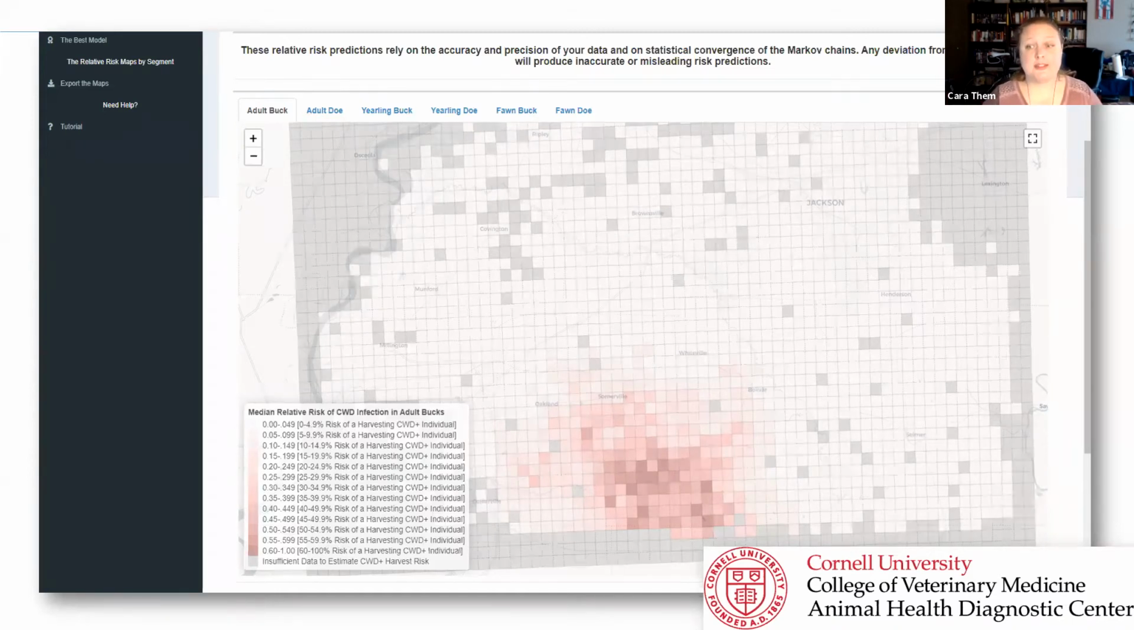In all of the maps, relative risks are arranged on a scale of 0 to 1, where 0 means there's a 0% chance that a harvested deer will be CWD positive, and 1 means there's a 100% chance. In the displayed map, the darker the red in the cell, the more likely you are to harvest that CWD positive buck. Some cells are grayed out, meaning that the algorithm doesn't have enough information to estimate risk in that cell,